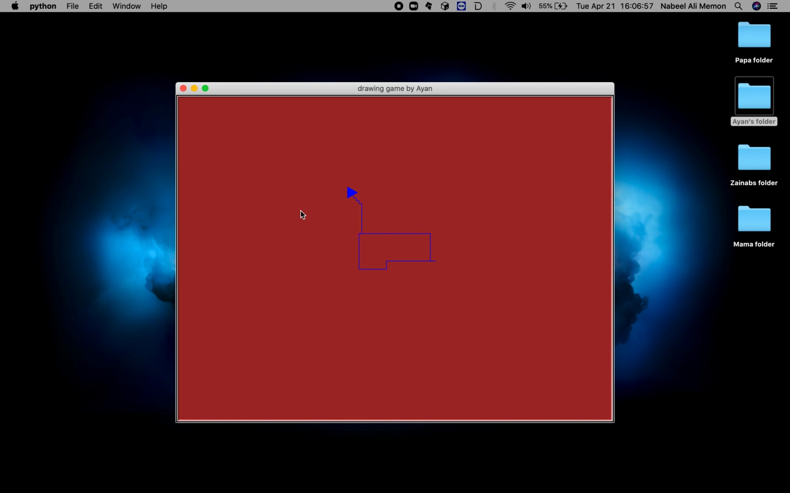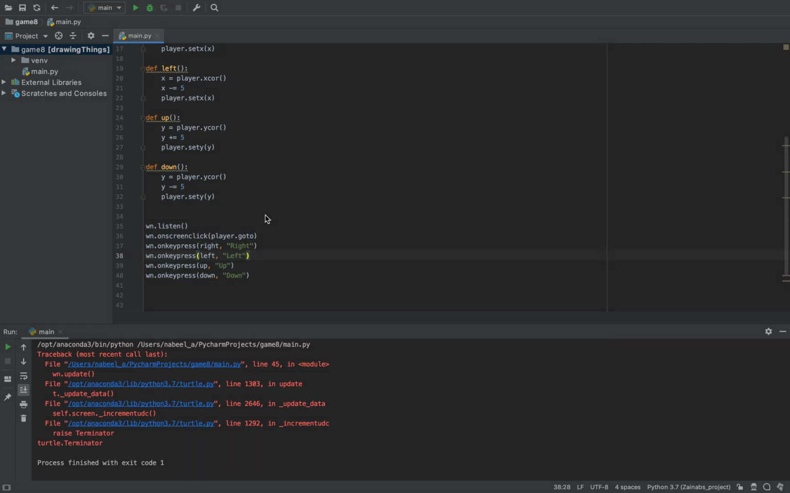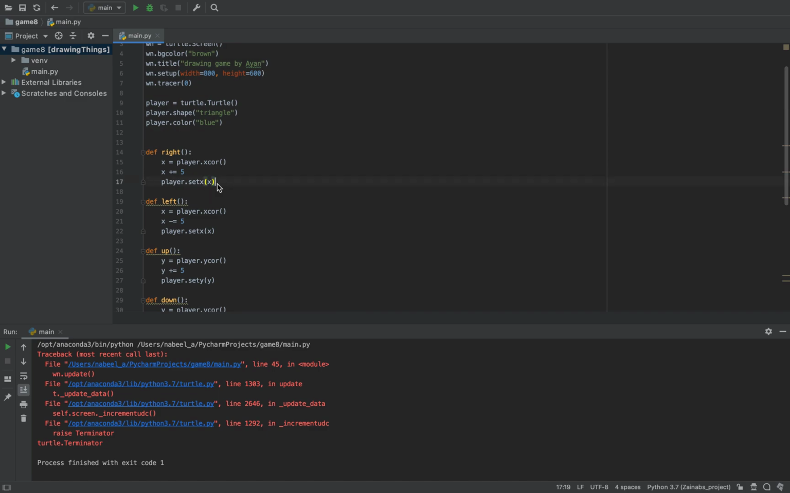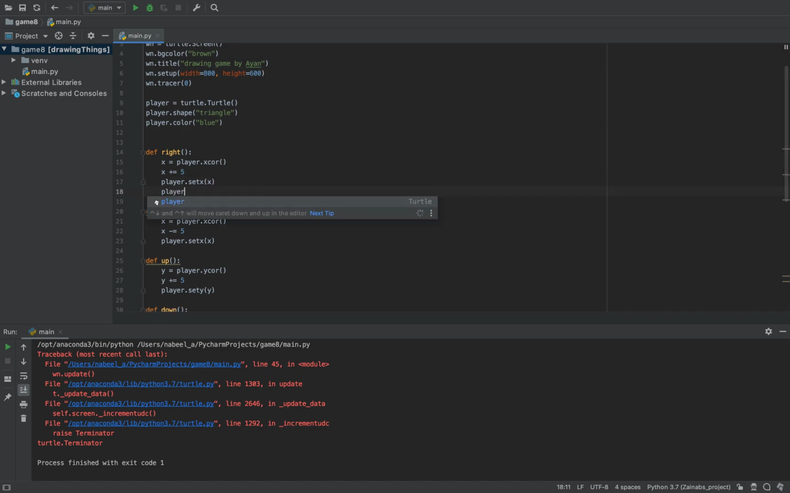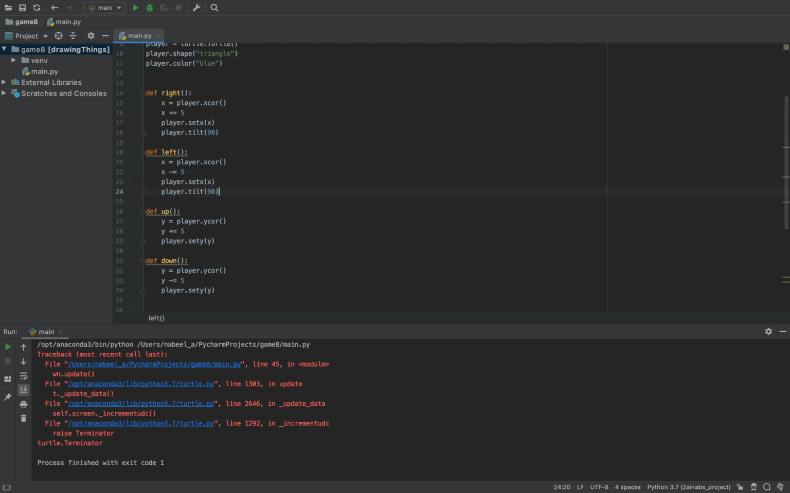But if you want to make it a little bit more interesting, then stay tuned. There's just one last part. Okay, so if you're still here, there's just one easy step left. Player.tilt. For right and up, it's 90. For down and left, it's negative 90. For up, there, and then for down,